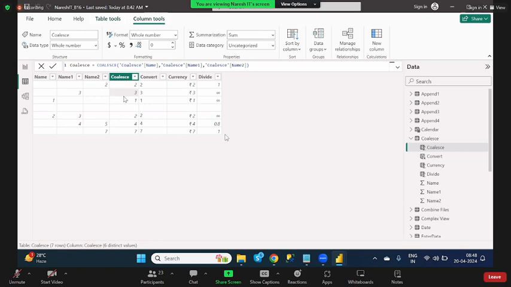So 3 divided by 0 means what? Infinity. See, infinity symbols are added. Understand? Like this. See here, 2 divided by 0 and 1 divided by 0, infinity. 0 divided by 0, 0, that means empty. Understand? 4 divided by 5 means 0.8 quotient. 7 divided by 7 means 1. But the problem is,